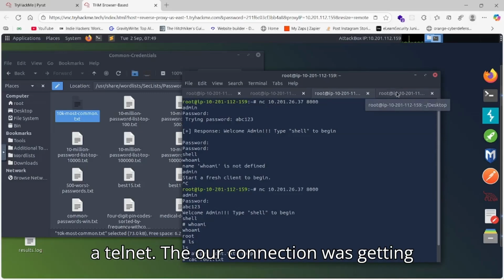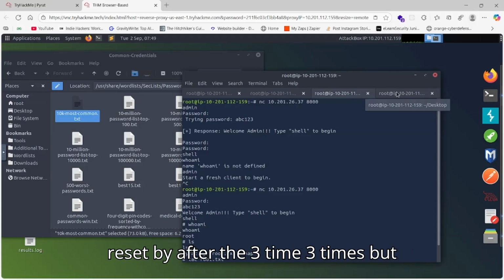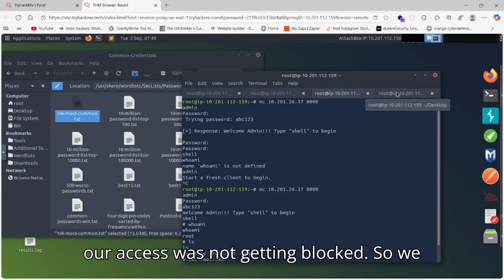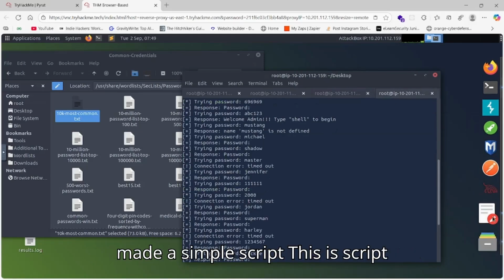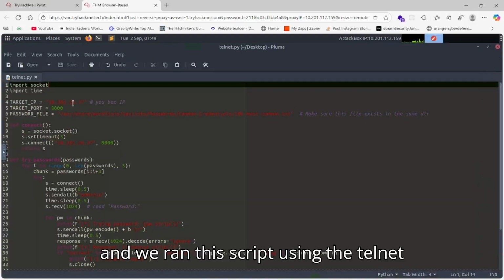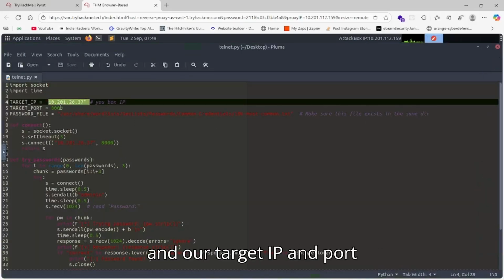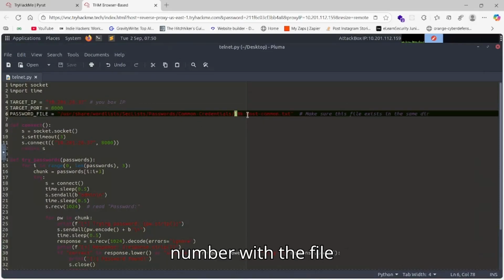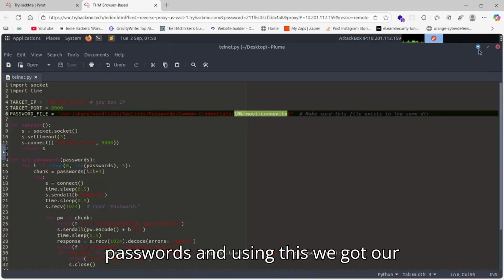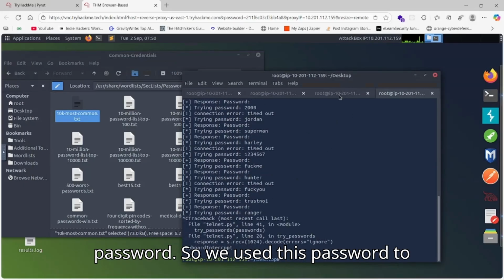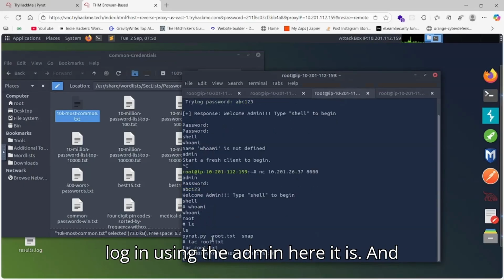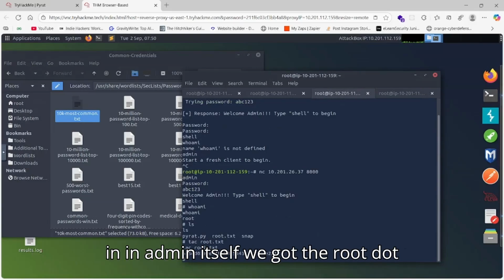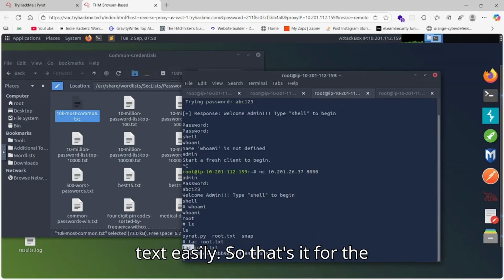As it was using telnet, our connection was getting reset after three tries, but our access was not getting blocked. So we made a simple script. This is the script, and we ran it using telnet with our target IP and port number, with the file of the 10k most common passwords, and using this we got our password. So we used this password to log in as admin. Here it is, and in admin itself we got the root.txt easily. So that's it for